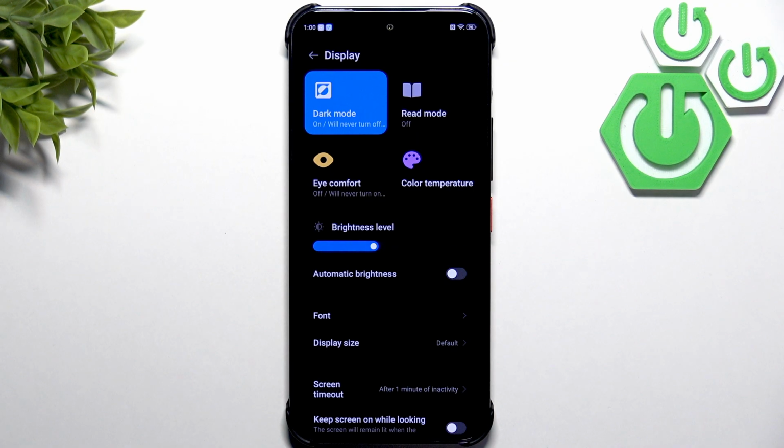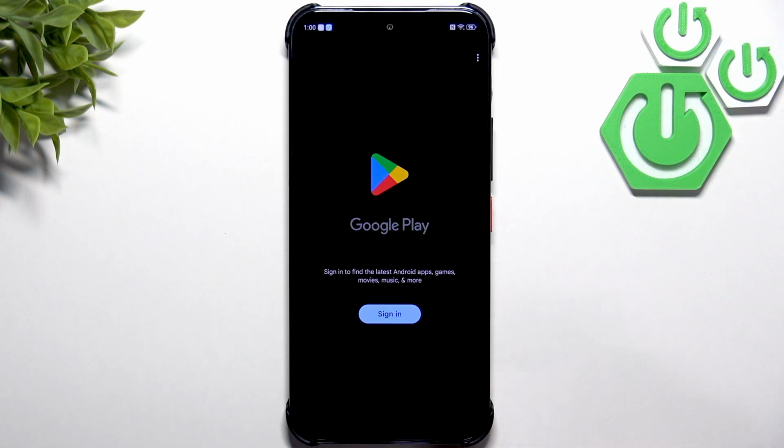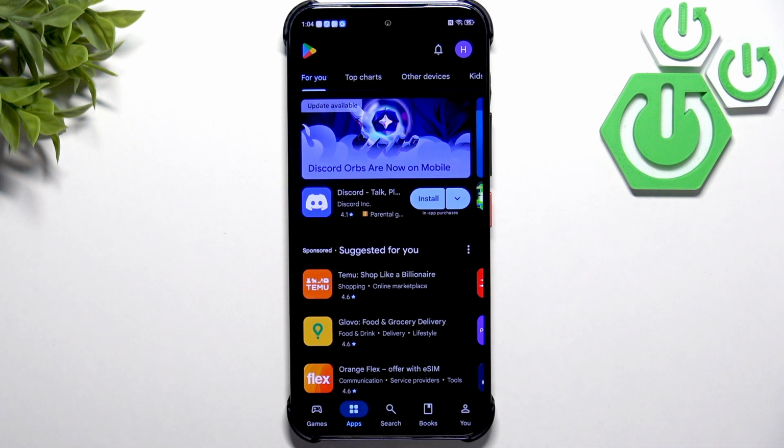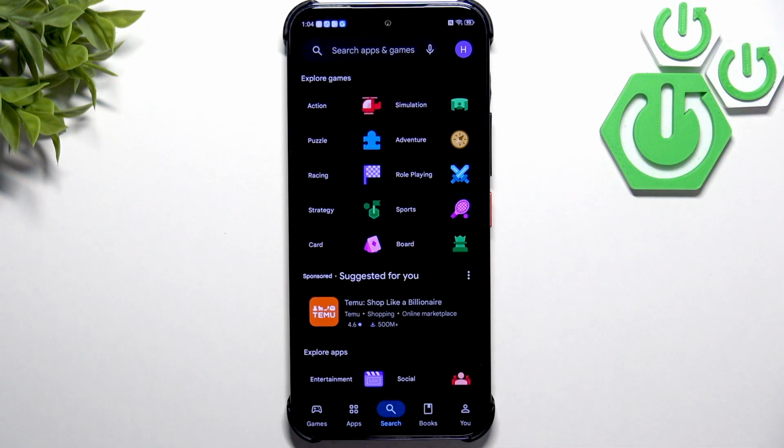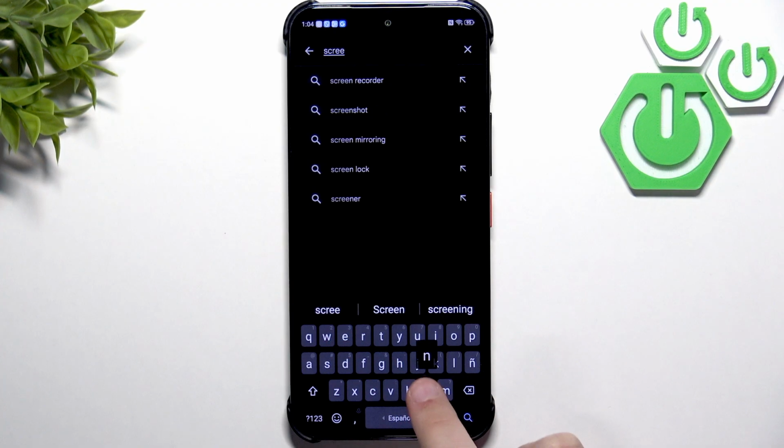After that, what you guys want to do is make sure to download the screen dimming app from the Play Store. So go over to the Play Store and I'll quickly sign in and show you the installation process. So go to the Play Store, go to search and search for apps and games. Here you want to search for screen